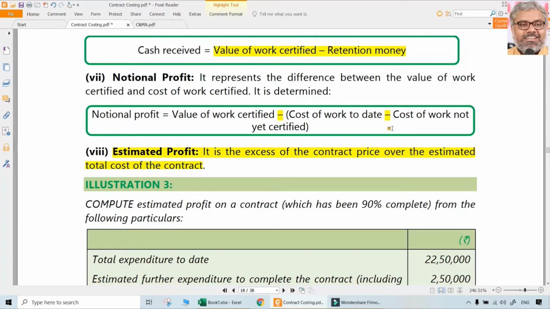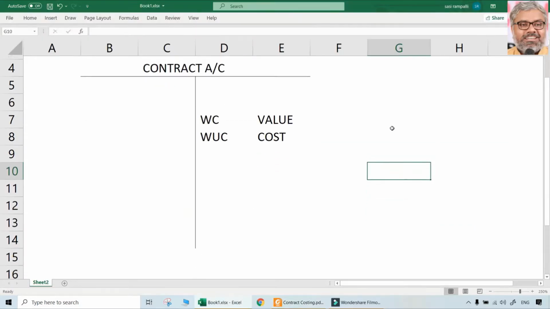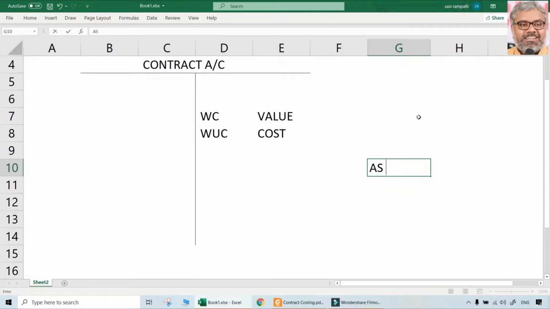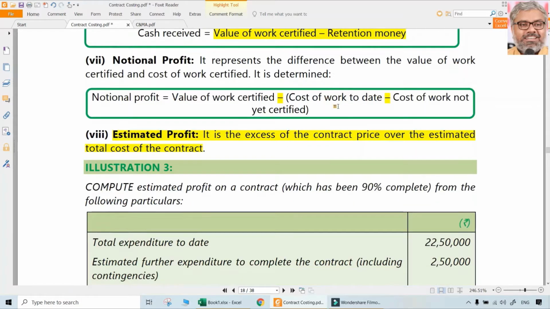Whether this can be really recognized as profit or not, that is not the subject matter of contract costing. But yes, Accounting Standard 7 is there for that. That is accounting for construction contracts, which we will deal with in the accounting separately later. But that is not the subject matter of contract costing. So we don't worry about how much of the profit should be really recognized, how much should not be recognized. Different methods are there in AS 7. So AS 7 we should not invoke here is my point. We should not worry about that. We should just focus on the costing type of questions.